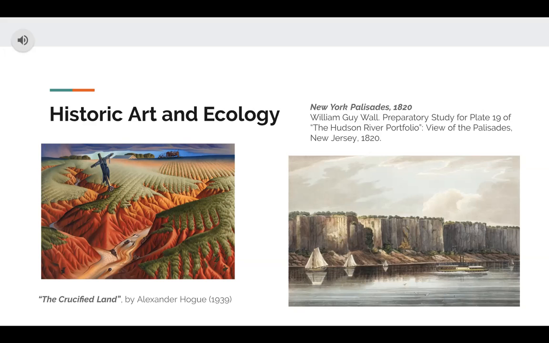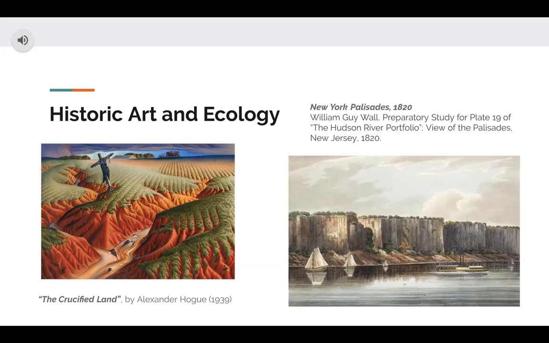Most of Hogue's art relates to ecology, especially this one, because he mainly painted landscapes, which tend to represent direct snapshots of natural life. This work also relates to our big idea because it sparked future change in ecological conservation. And to reiterate, what is the name of the artist who made this work?